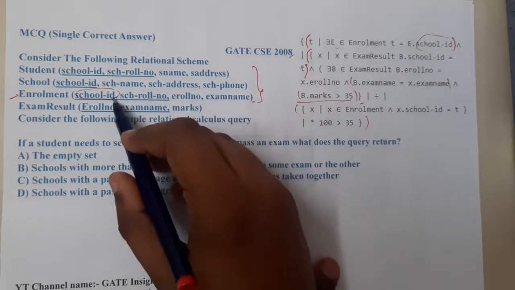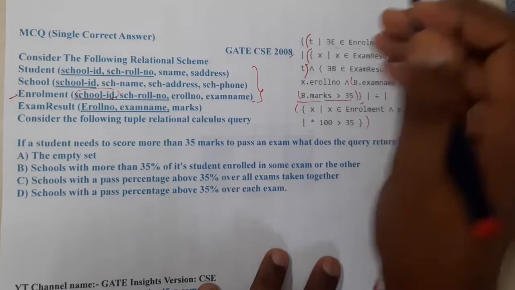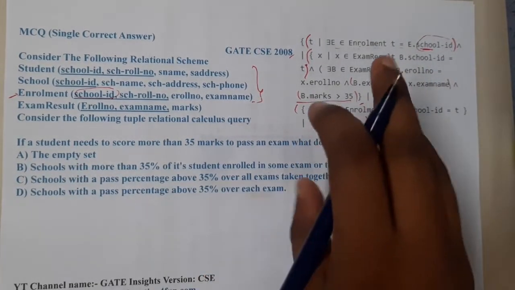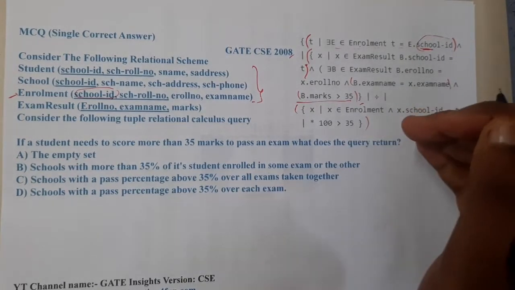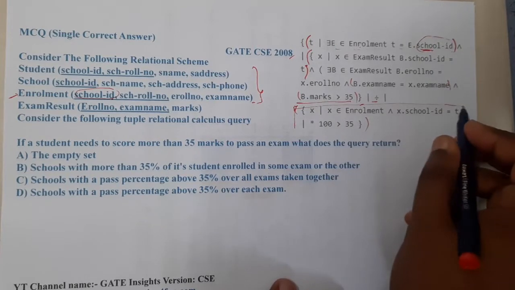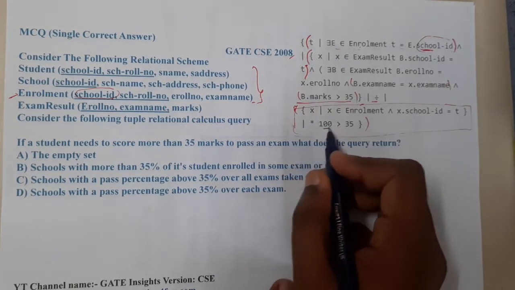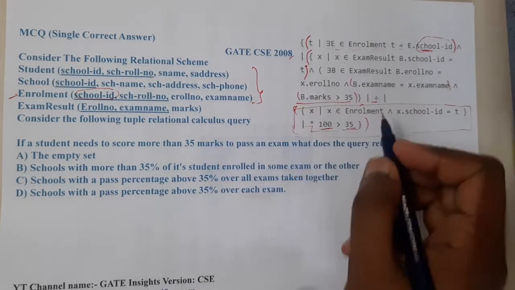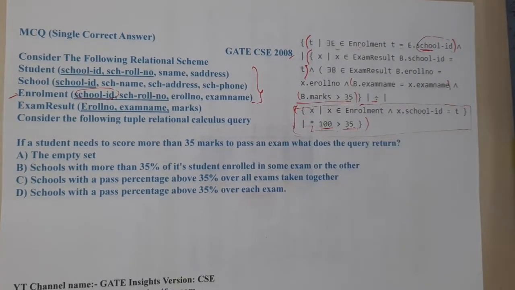So basically we are dividing based on school, right? So we already divided based on school, and we are getting the values of those who are getting 35% above, right? Yes, and after that this is indirectly finding the percentage value, right? Yes, so if you are having a count, we are multiplying by 100 and dividing, and we are comparing whether its percentage is greater than 35 or not. So if it is greater than 35 we are printing them, right? Yes. Okay, so now let us go through the options.